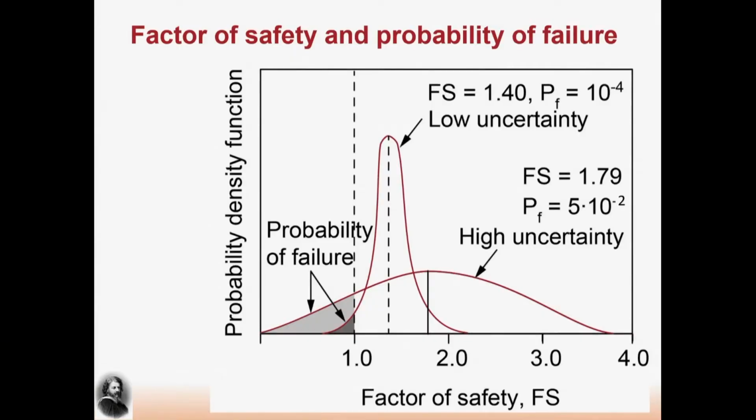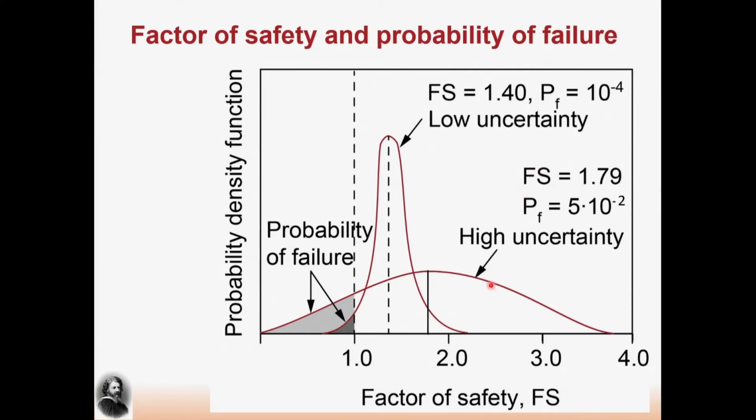Now, a very important aspect with respect to factor of safety: by tradition or regulation, one uses today a factor of safety which is a constant value for all types of situation, whether you have a lot of uncertainty or very few uncertainties. That's because that's the way the codes are made. But it's very important to be conscious that you can have a situation with a factor of safety of 1.8,